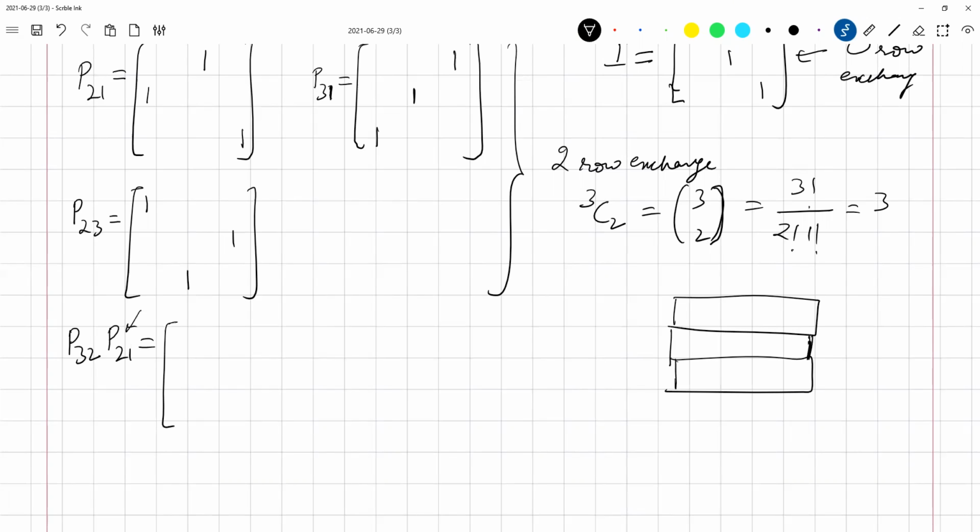So let me call this row 1 is A and B and C. Let me say that not this. Let me use alpha, beta, and gamma. Okay, so this is the original row 1, this is the original row 2, and this is the original row 3. Okay, so when I do P21, what will I get? This will become beta and this will be alpha and this will stay at gamma. Is that all right? Yes, sir. And when I do P32, what is that going to do? This will become gamma and this will become alpha. Is that all right?